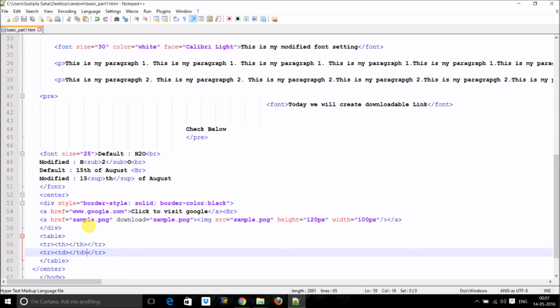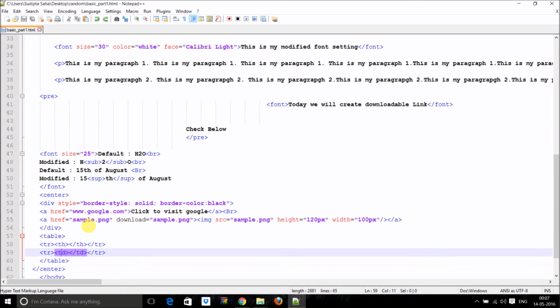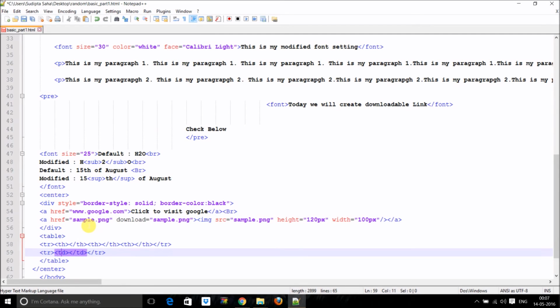But make sure that if you put a table row, we need to put a table data or a table header. That's mandatory, but it's not mandatory that we need to mention a table header. We might just not write this one and directly use the table data. Okay, that's not mandatory, right? So say just copy this. Let's say that our table will have 3 columns, so just copy and paste this thrice,